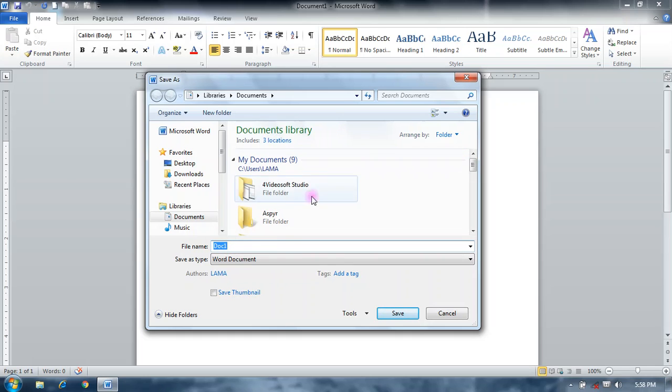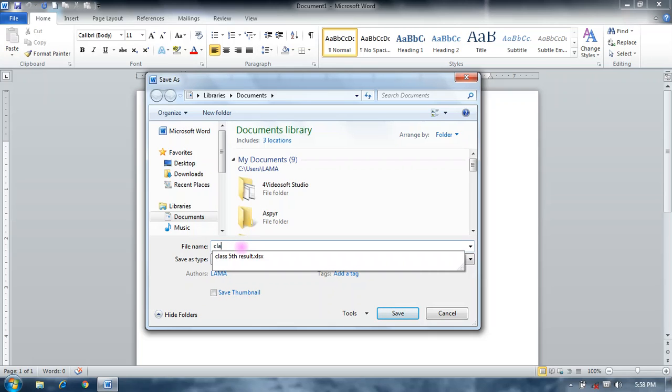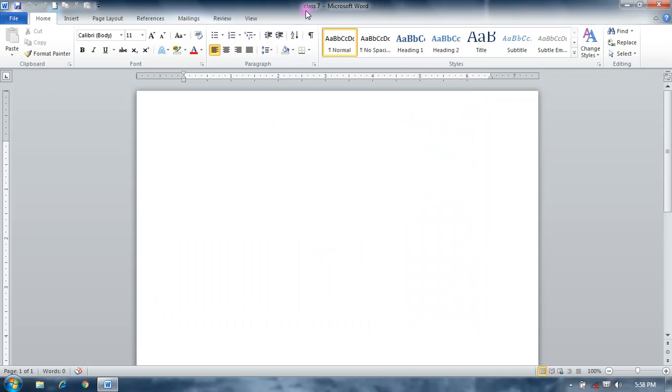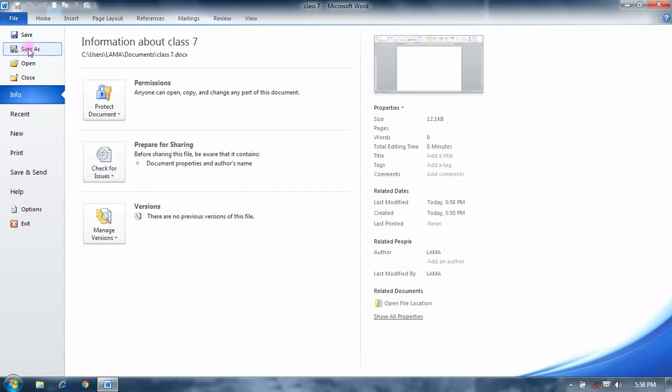The file is saved and we can find it in the document library. We can change the file name, click on Save, and you can see the title name is now class 7.